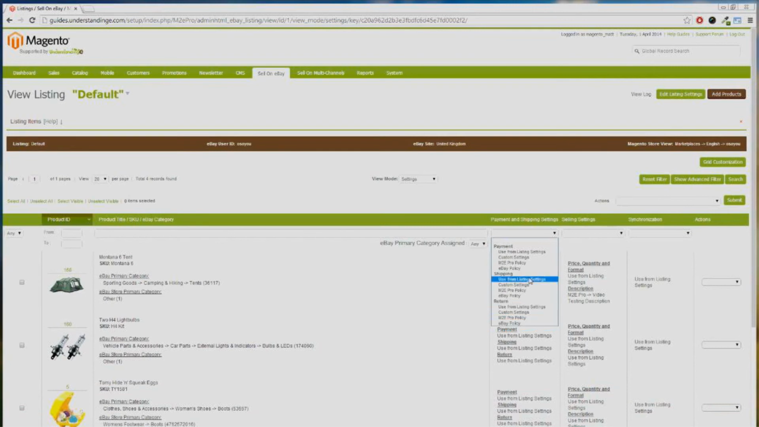Okay, and that's so helpful because you'll be able to find the ones which have got custom shipping settings, for example. I know some of you have got a default group where you've got a whole mix of different listings in there, some using a policy, some not using policies, and that's how you can find them. So you can find all the listings which are using the listing settings, all the ones which are using custom settings within that listing group. Okay, and there is another view mode for Magento,